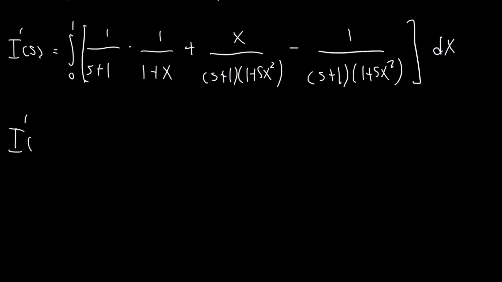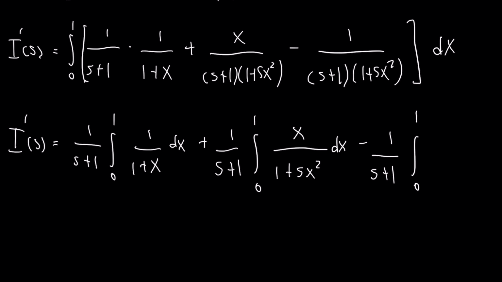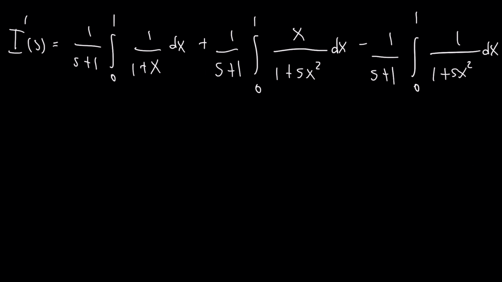So we have I prime of s will be 1 over s plus 1, the integral from 0 to 1 over 1 plus x dx, and then plus 1 over s plus 1, the integral from 0 to 1 of x divided by 1 plus sx squared dx, and we'll have a minus 1 over s plus 1, the integral from 0 to 1 of 1 over 1 plus sx squared dx. We now have that our I prime of s expression is in terms of 3 integrals, and now we will